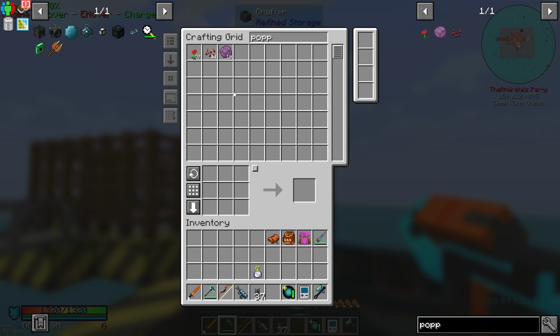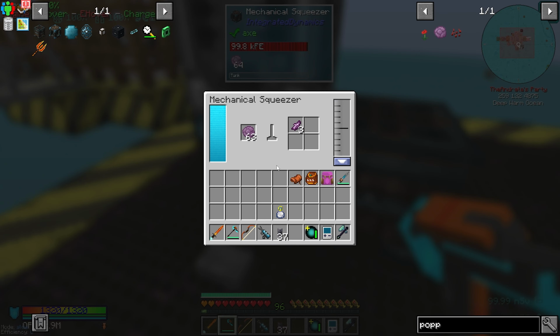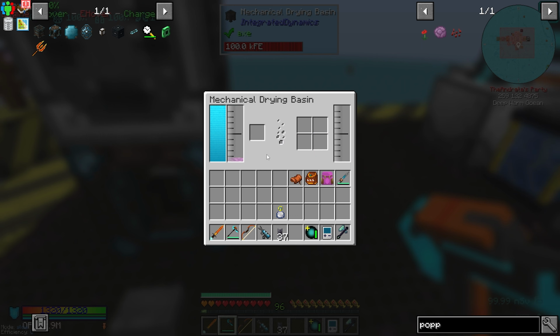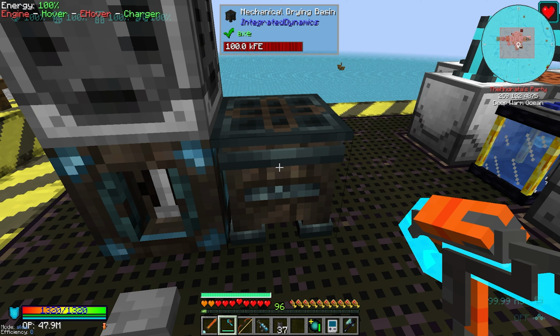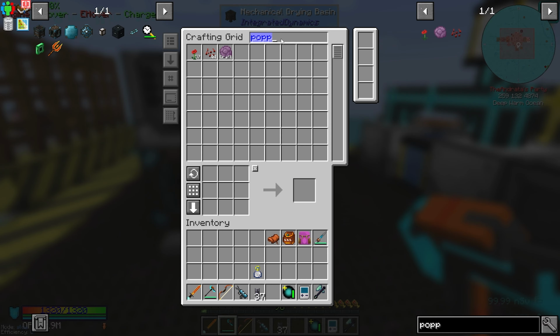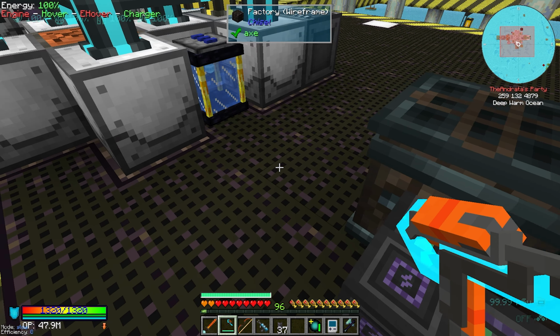But if we take these, and bam, and put these in here, we'll now get the crystallized chorus chunks and a little bit of liquid chorus, which is going to make the blocks again. But you need a bucket of it. Bam. Okay, cool. So that will automatically import, so we can set up a, let's see, we need to get refined storage over here. So we need to set up a,